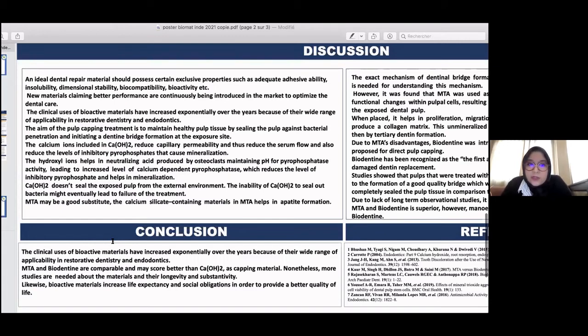The clinical uses of bioactive materials have increased exponentially over the years because of their wide range of applicability in restorative dentistry and endodontics. The aim of the pulp capping treatment is to maintain healthy